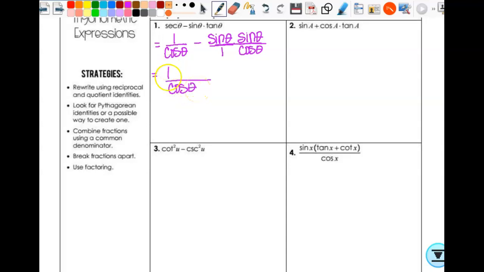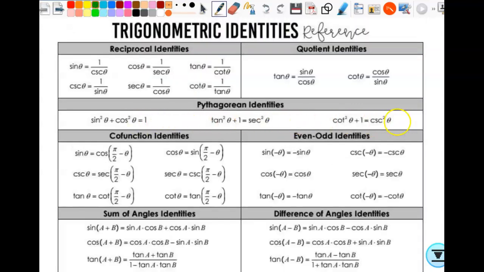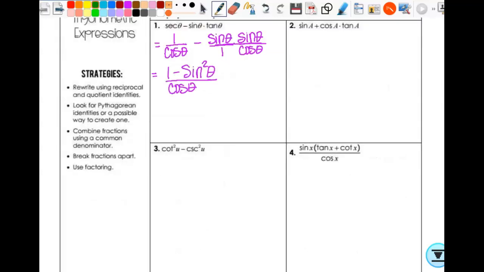The numerator is going to be 1 minus, well, sine times sine is sine squared theta. Right. So I have sine squared theta. Does that fit into one of the Pythagorean identities? It does. It's the one that says, so we look on here, right? Here are your Pythagorean identities. It's right here, sine squared plus cosine squared. Oh no, I can't click on my thing again. There we go. It is cosine squared theta plus sine squared theta